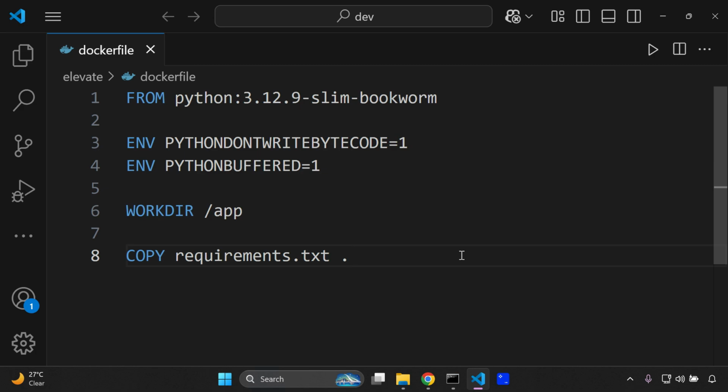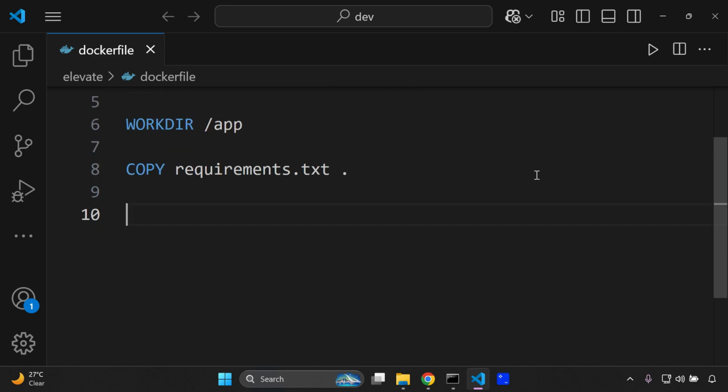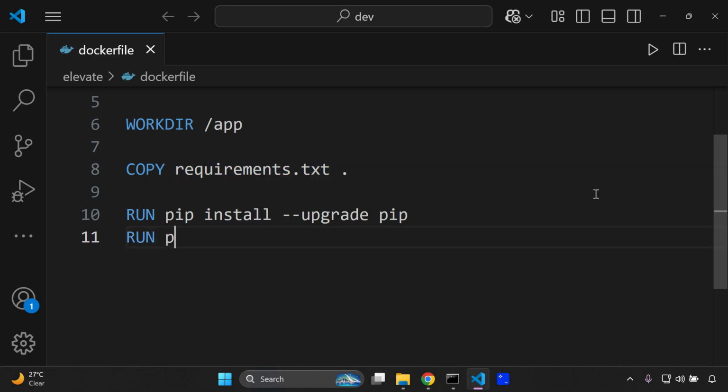Next thing that we're going to do is upgrade pip and install our dependencies from our requirements.txt file. So in the next line, we want to first upgrade pip. I'm going to say RUN pip install --upgrade pip. This is a notice that always comes up. Next, I want to install my dependencies from my requirements.txt file that I've just copied over. So I can say RUN pip install -r